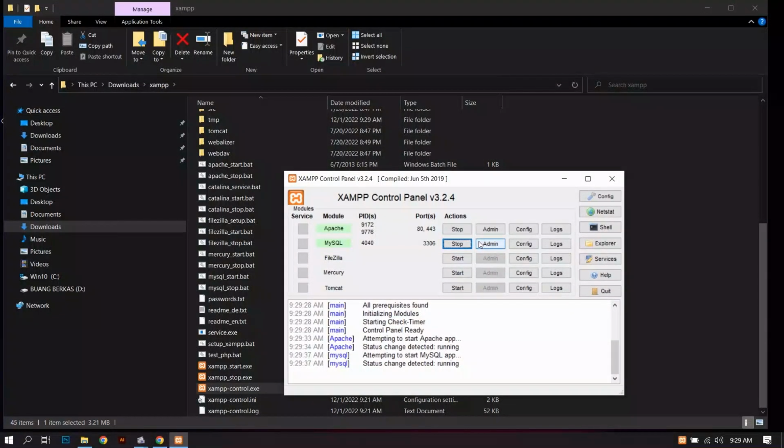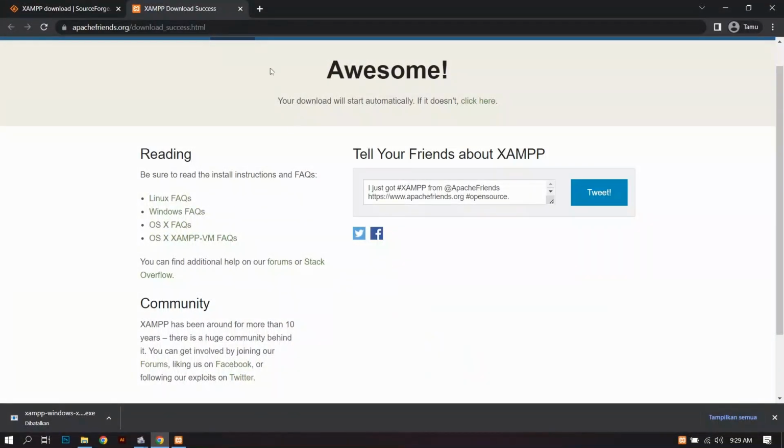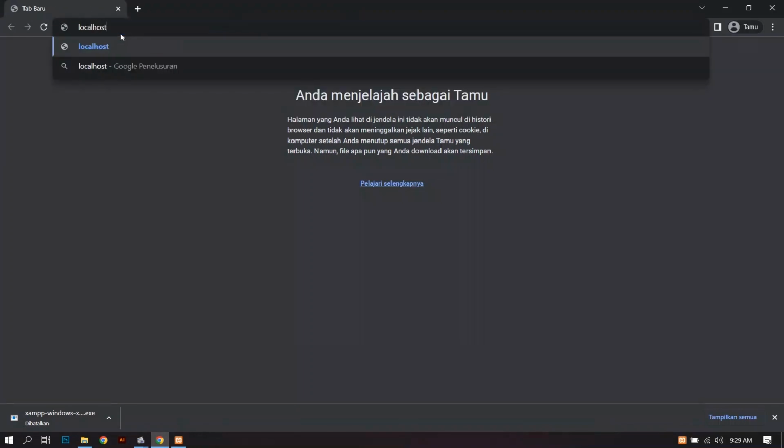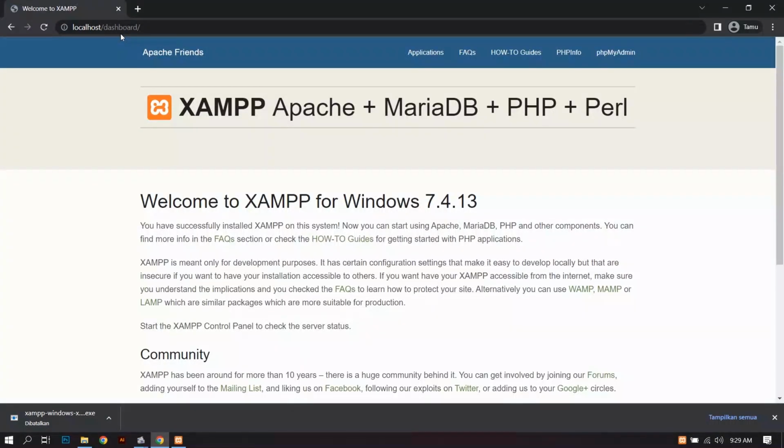Now I want to run the localhost. Open the browser, type localhost and enter. Now localhost is running. This is the dashboard display.